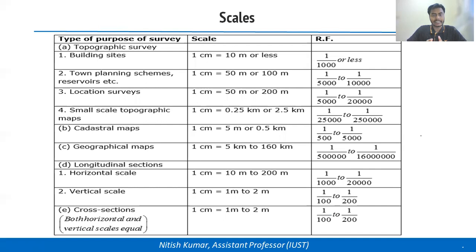On every plan, you will see a scale is written. Without fixing the scale, we cannot make the plan. And for a single plan, the scale will be fixed. The scale would be the same. For a single plan, we cannot vary the scales. Like for half of the plan we have drawn with some scale, and the other half of the plan with a different scale. We cannot do that. So for a single plan, single map, the scale will be fixed or same.